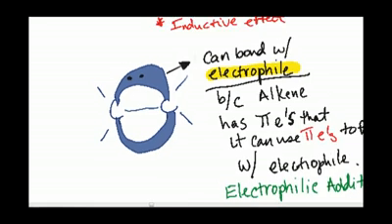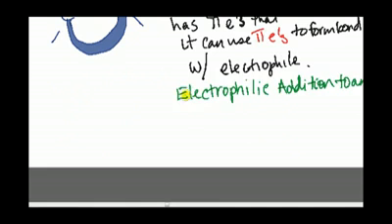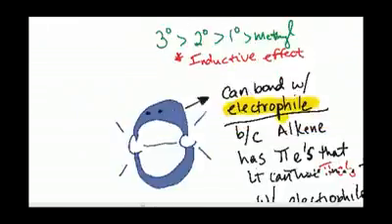And basically, whenever this electron poor species binds to the double bond, it creates a carbocation, and this concept is called electrophilic addition to an alkene. Okay, so